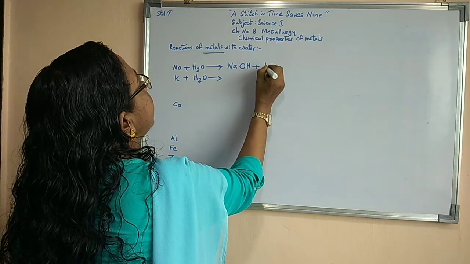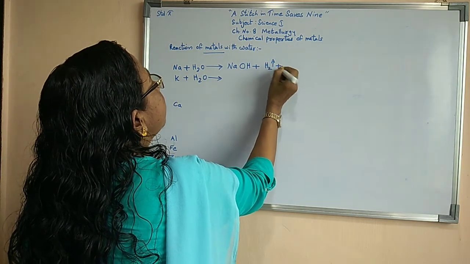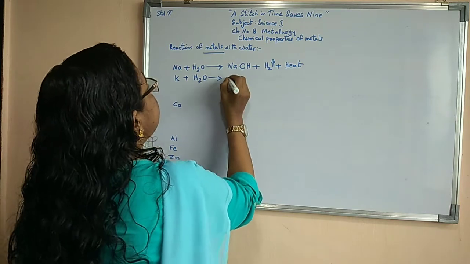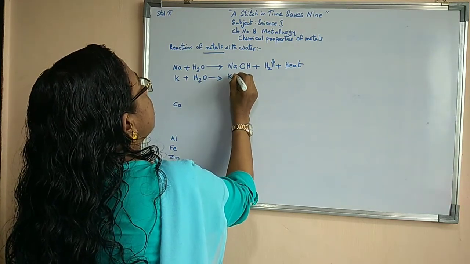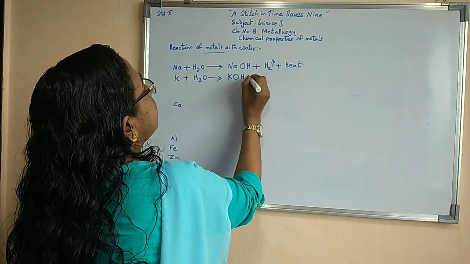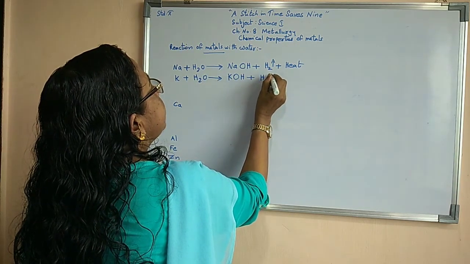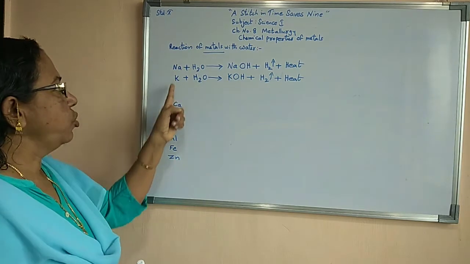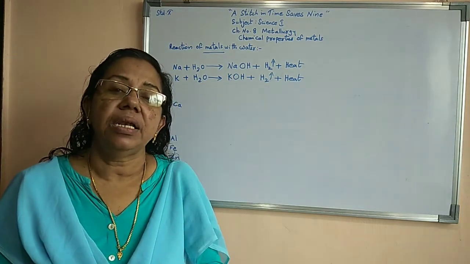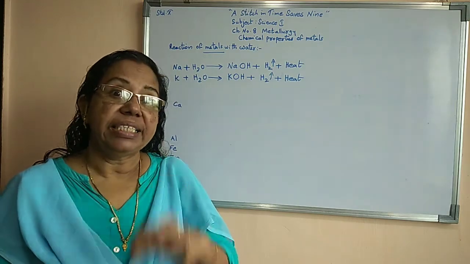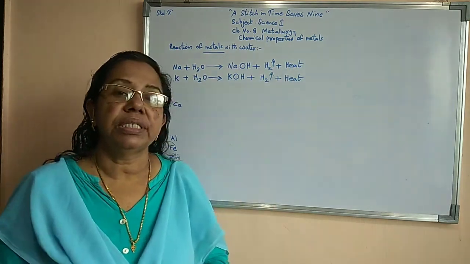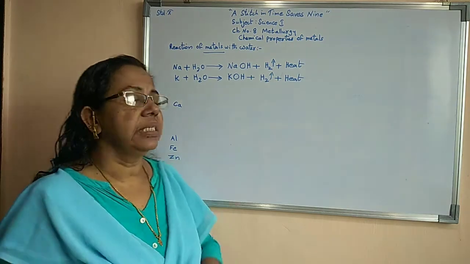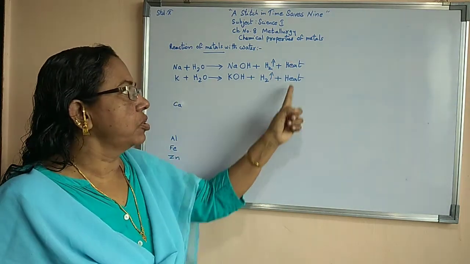NaOH, along with that hydrogen gas, along with that heat energy they produce. Similarly, potassium also produces potassium hydroxide, KOH, along with hydrogen gas and heat energy. So these two metals, sodium as well as potassium, react in the same way. As a result, both of them produce heat energy. Sodium hydroxide plus hydrogen gas, potassium hydroxide plus hydrogen gas, but one speciality, both of them